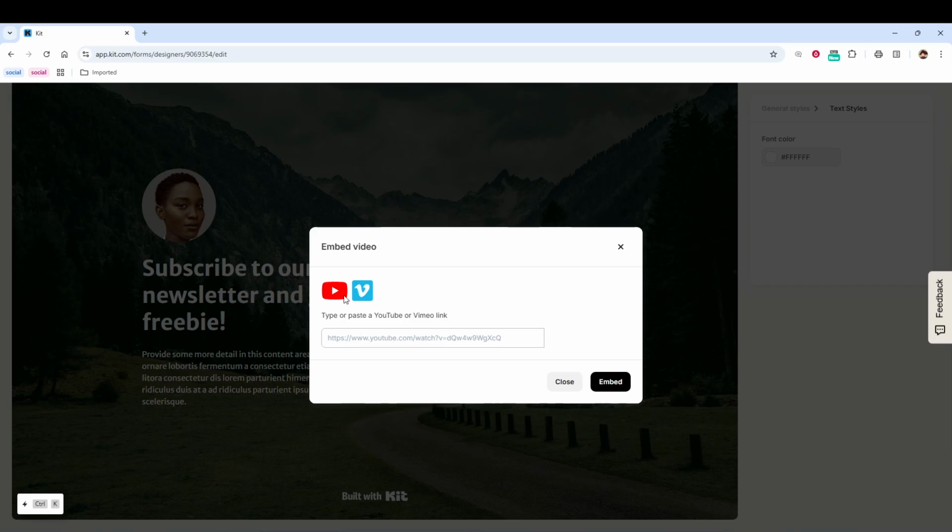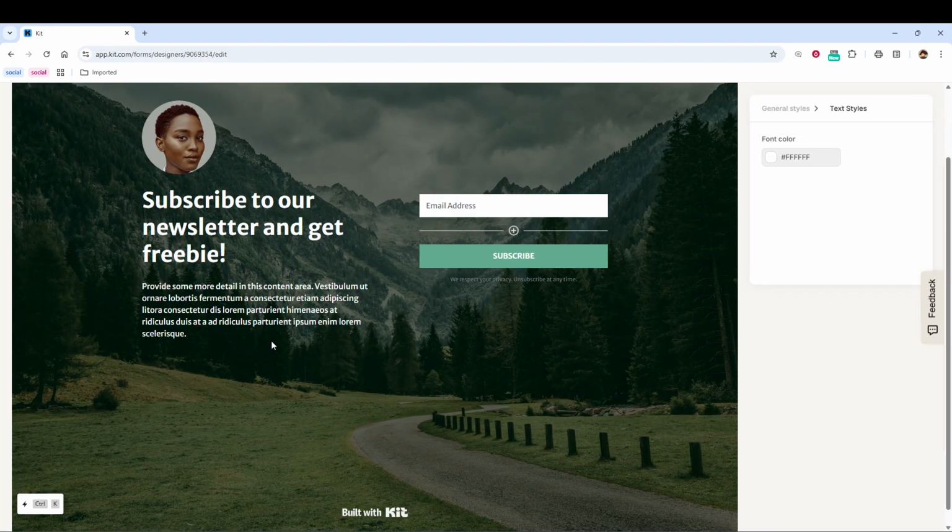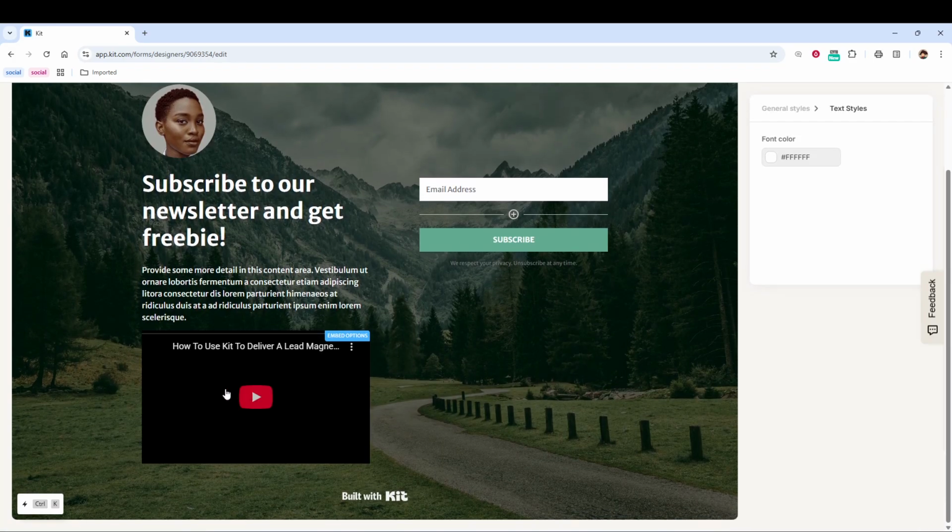After you've selected video, look over to the settings panel on the right-hand side of the screen. You'll see a field where you can paste your video URL. Grab the full link from YouTube or Vimeo, making sure it's the standard share link, and paste it into that field. The editor should automatically recognize the link and generate a preview of your video, so you can confirm it's